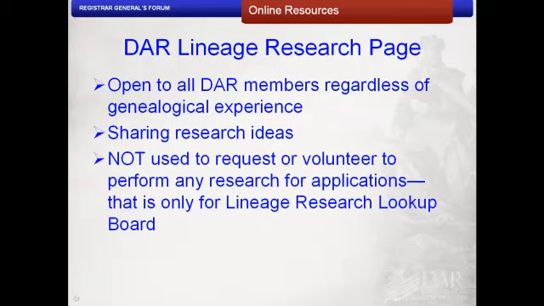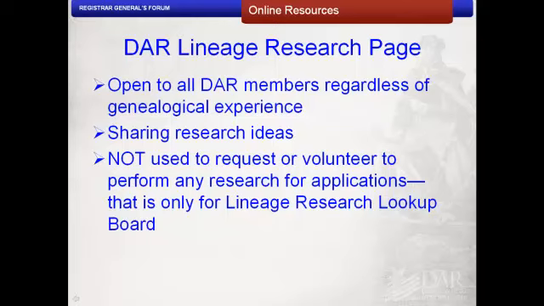The Lineage Research Facebook page is not, absolutely not, used to request or volunteer to perform any research for applications. That is only for the Lineage Research Lookup Board.